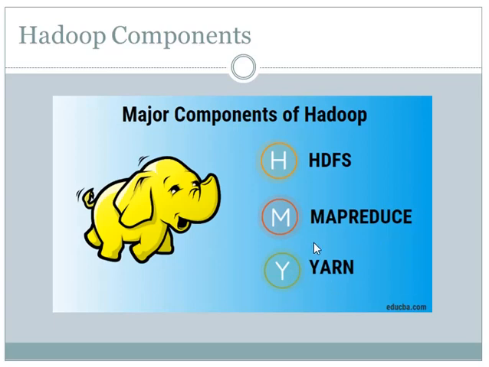YARN was introduced in Hadoop version 2. Before that, Hadoop had a job tracker for resource management. Job tracker was the master and it had task trackers as the slaves. Job tracker took care of scheduling the jobs and allocating resources. Task tracker took care of the map and reduce tasks. The status was updated periodically to the job tracker. With this type of resource manager, it had a scalability limit, and concurrent execution of tasks also had a limitation. These issues were addressed in YARN.